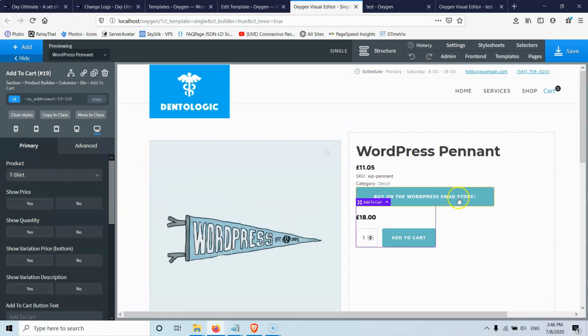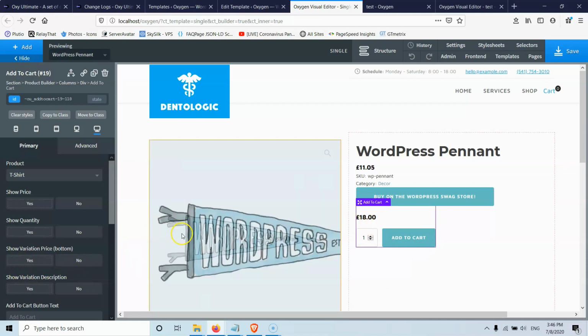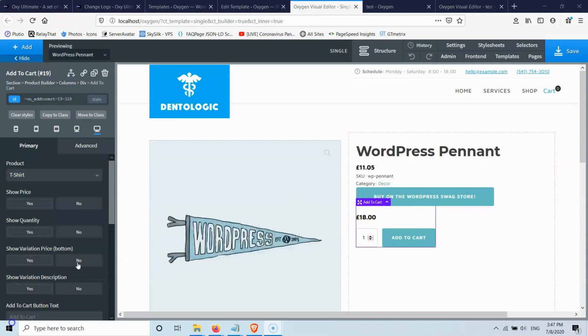It doesn't have to be inside the template. So if you want, you can add some services in WooCommerce, and you can say that you have a service for something and $20, and you want just to have a button, and when someone presses that, he will go directly to pay for that service. So you can do that with this element.